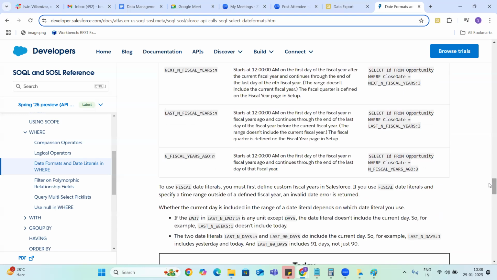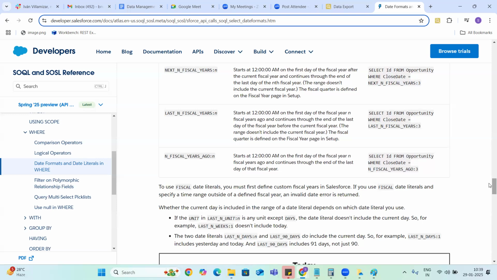They are just giving you the fiscal year, last N fiscal years. Fiscal year 3 years ago means it's not the last 3 years, guys. We are going to get the information which is 3 years back. For example, I have been using my system from 2016 onwards, and right now I'm in 2025.